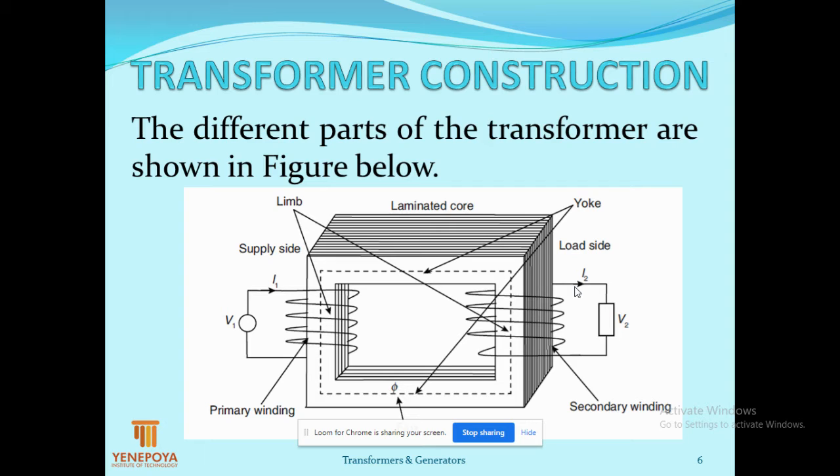Now, due to current I2, one more flux is set up called phi 2, with a lesser magnitude as compared to the main flux phi. You take a small magnitude for I2. The flux set up due to the current I2, that is the load on the secondary winding, is phi 2, which is in opposition to the main flux, that is phi. Hence, at this instant, the total flux is phi minus phi 2. The total flux, which is responsible for producing EMF, is reduced, so the amount of voltage induced reduces at this instant, phi minus phi 2.